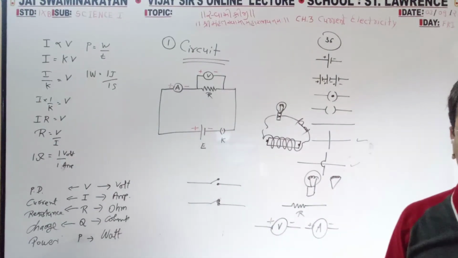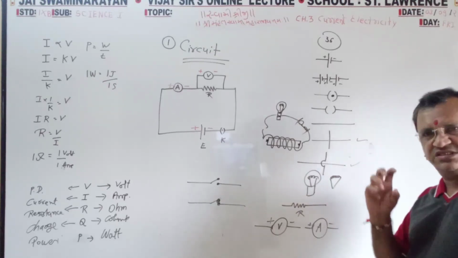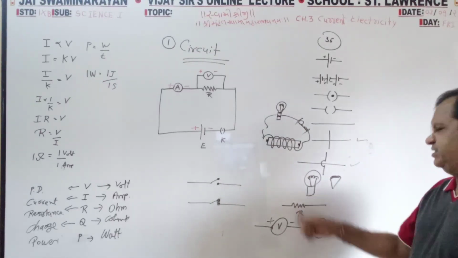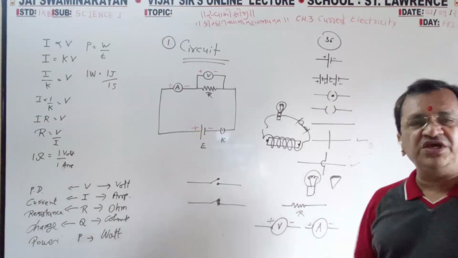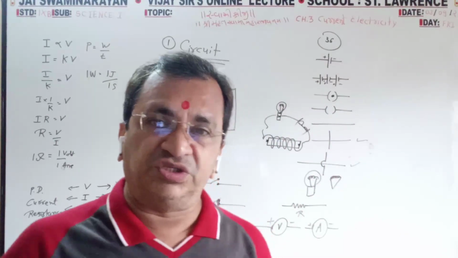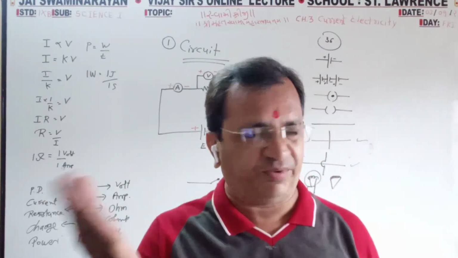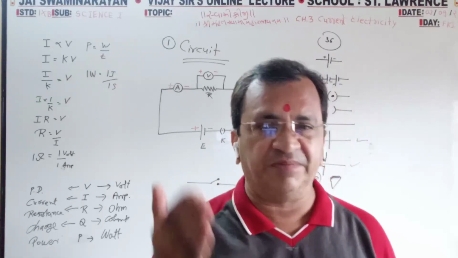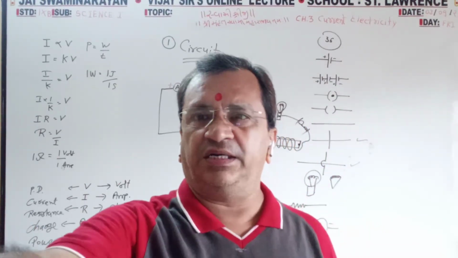Bulb, so only a spring or this simple shape you can see. Zigzag line, that is a resistance. V for voltmeter, A for ammeter. So these are the symbols, this is the circuit. Now the next three topics are very important: resistance in parallel, resistance in series, and Ohm's law. That we will continue in